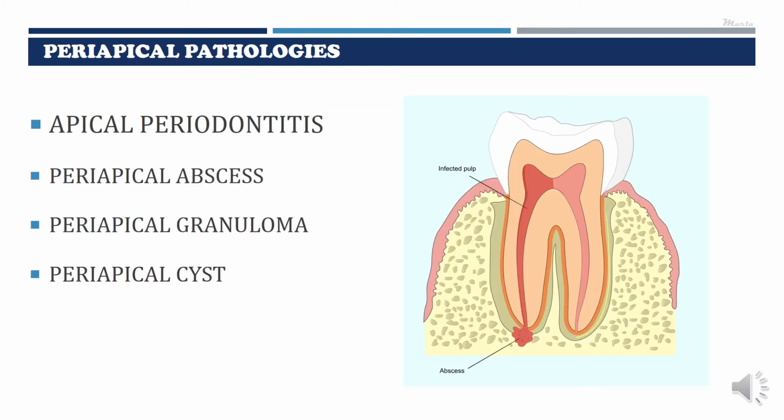So, what are periapical pathologies? These are lesions which appear around the root apex of a tooth. If we remember the sequelae of pulpitis, the dental caries begins at the base of the pit or fissures or can occur on the smooth surface. This caries progresses centrally, so that means the caries progresses from the enamel to the dentin and then the pulp.